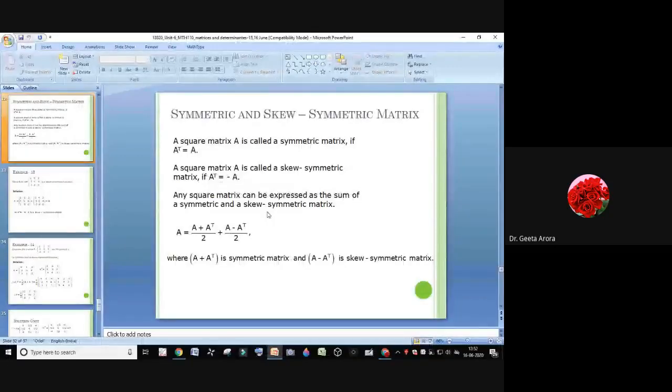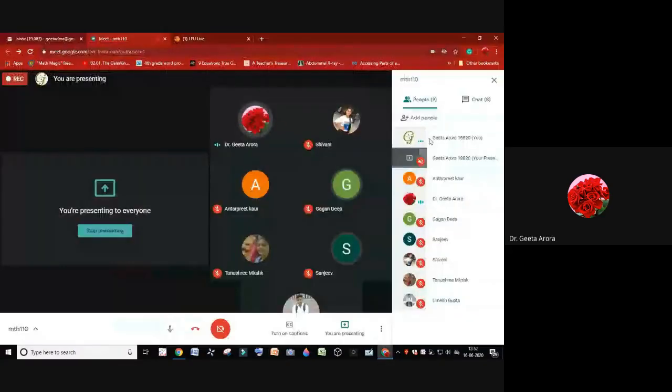Okay, so this is my side regarding the simple matrix theory. Some of the concepts we have learned today are addition, product, symmetric matrix, and transpose. So you have to go through it. In case of doubts, you can ask me, and be sure to do all the things by yourself. Correct?